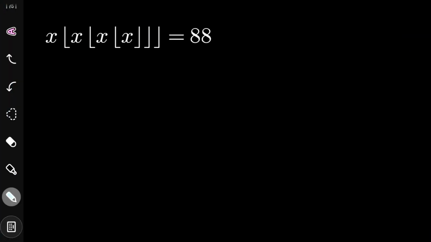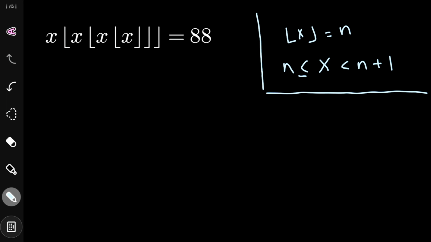So first of all we can see that in this problem we are dealing with the floor functions. So let us go ahead and define it. Suppose I take the floor value of x equal to some variable n. Now the thing to be noted is that n will always be an integer, that is the greatest integer smaller than or equal to the value of x. Now if the floor value of x has been taken as n, then x has to be greater than or equal to n and smaller than n plus 1. This is basically what the floor function means.